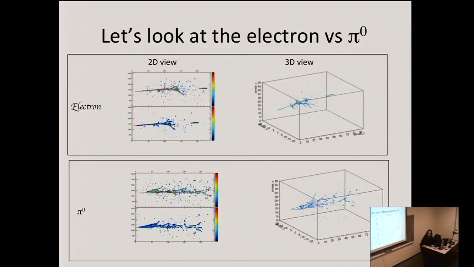Why is it that with the electron there's a straight line and then it breaks? Yes, because pi zero doesn't have charge, right? It goes without any interaction until it interacts with the nucleon and creates photons or whatever. For example, if the pion interacts with the nucleon, it can, you know,